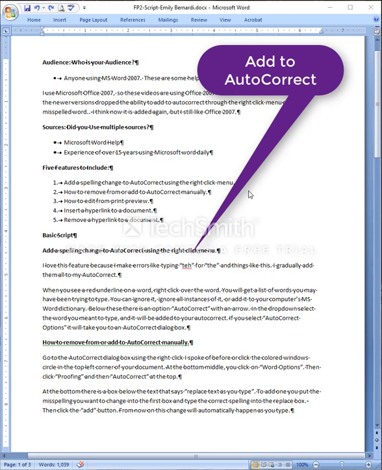Yeah, hi. I'm going to teach you how to take a word that you regularly misspell in Microsoft Word and add it to your autocorrect dictionary so that it will correct itself from then on. So the way that you do this is when you type the word and you see the red line underneath it, you would